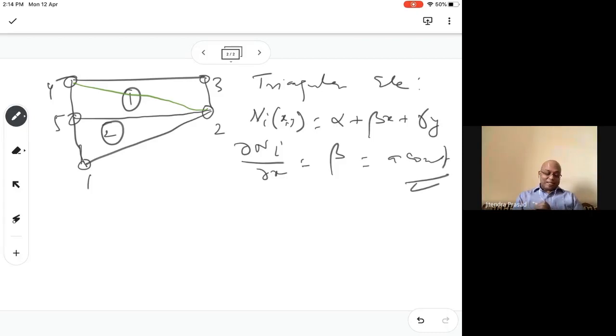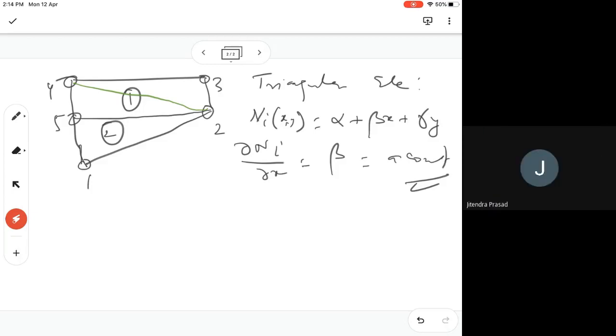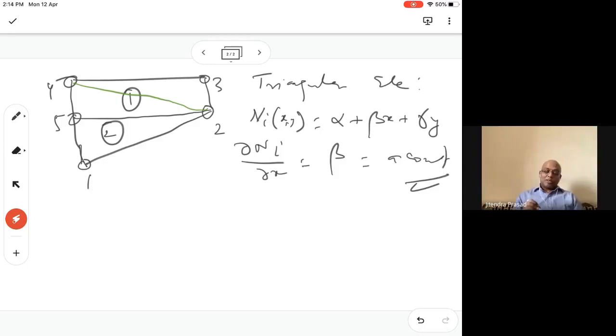In the next chapter, chapter 9, we are going to study 2D elasticity. There, the displacement will be of this type, right? So displacement del u over del x is nothing but a strain. This tells you that the strain is constant, and hence the triangular element is also called the constant strain triangle. You will see later on, this triangle is also called CST, constant strain triangle.